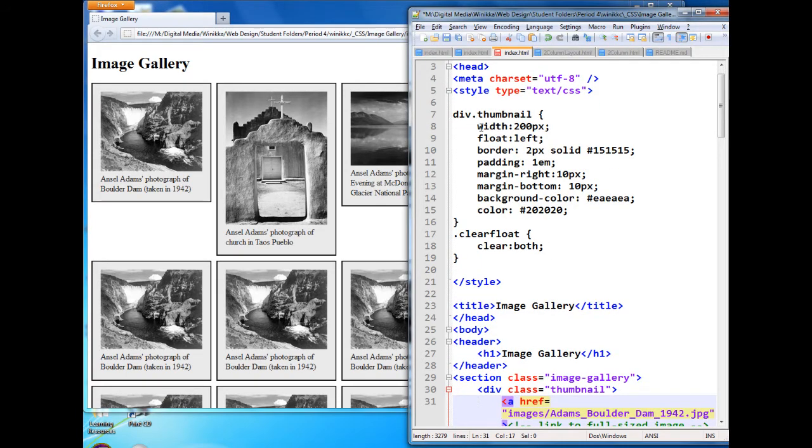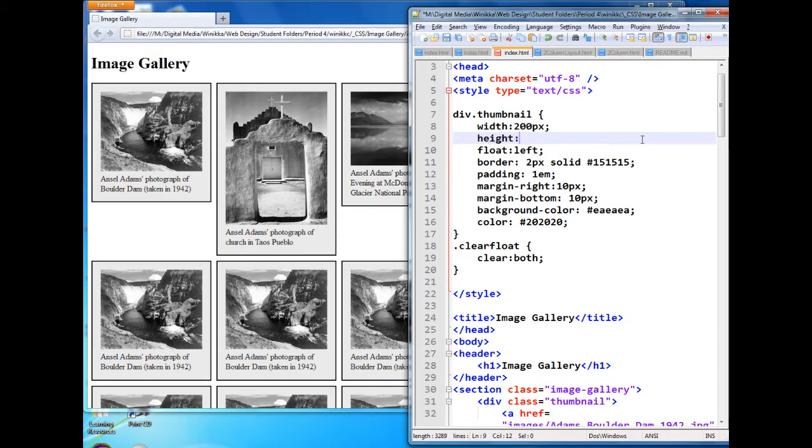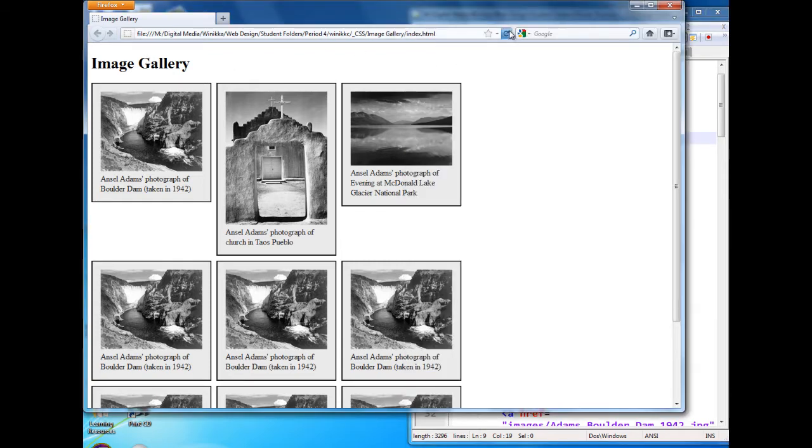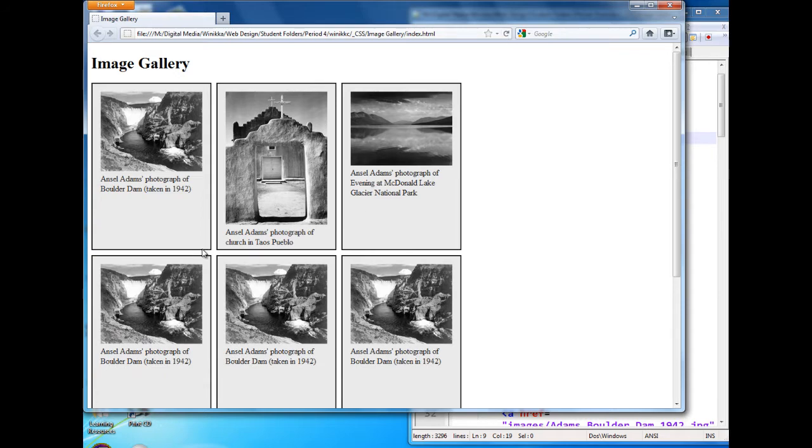First things first, on your thumbnail, you set the width here. That's 200 pixels wide. Okay, so with the 200, let's try a height of, say, 300 pixels. I'm going to set it and see if that changes our image gallery. See what happened there? Height, 300 pixels. So it makes these three divs about the same height. Of course, if you do that, then one of the problems you have is all this white space under here. So my recommendation, probably the better thing to do, would be to set a height on your